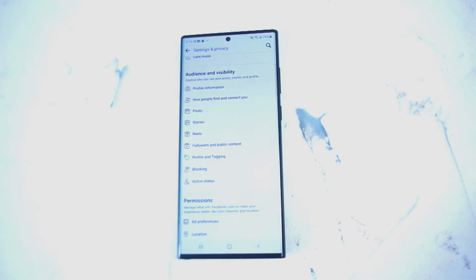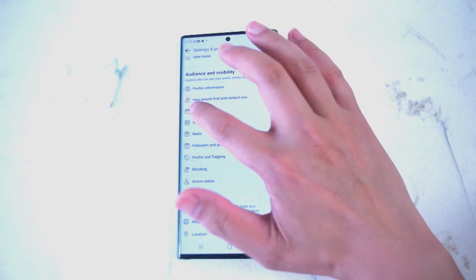From there, you want to look for post, and then you can hit post, and once you're in the post menu, there's a few options, but the one we're looking for is limit who can see past post. If you hit this button, you'll limit who can see past posts on your timeline, and as Facebook will tell you, if you choose to limit past posts on your timeline that you've shared with friends or friends of friends, and